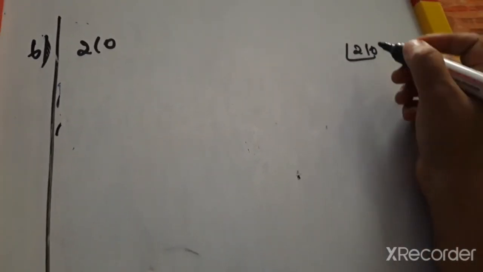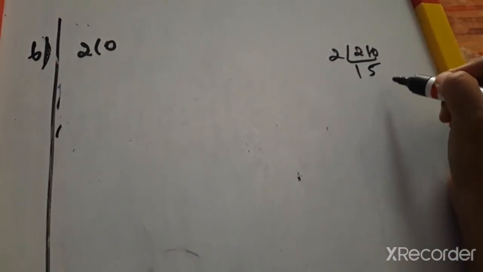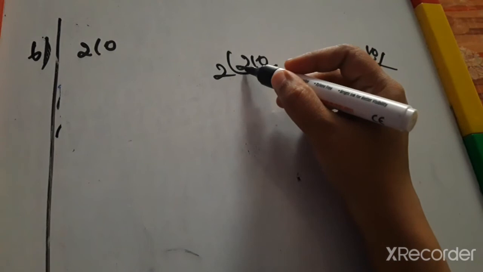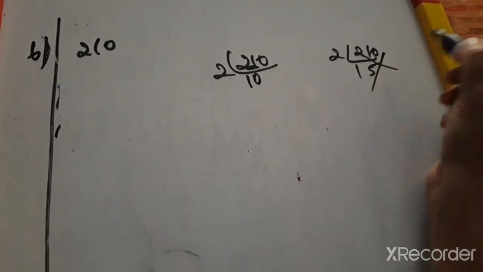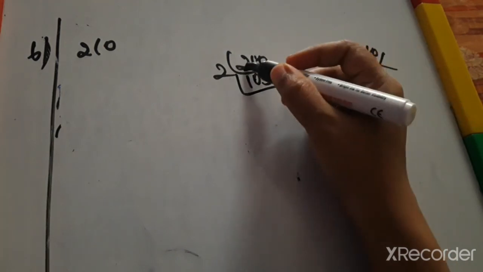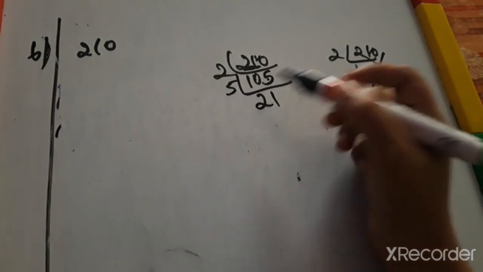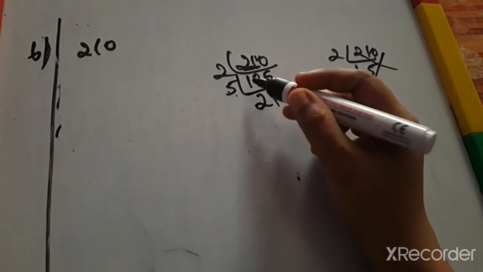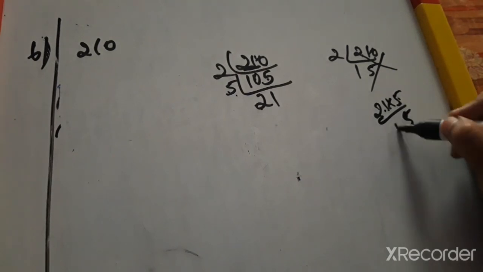210. Whether we can try, last number is 2 1s are 2 and 2 5s are 10. Whether this is correct? Wrong. This is wrong because 210 will divide to get 21, which is the nearer one. Okay, 2 tens are 20, so we have to take 2 digits. 2 tens are 20, 1 carry, 2 fives are 10. Here is 21, and 5 means it will multiply 5 ones are 5, 5 twos are 10, 5 ones are 5. We can verify the answer: multiply these two, we have to get the answer as 105. 21 into 5, 5 ones are 5, 5 twos are 10, 105.